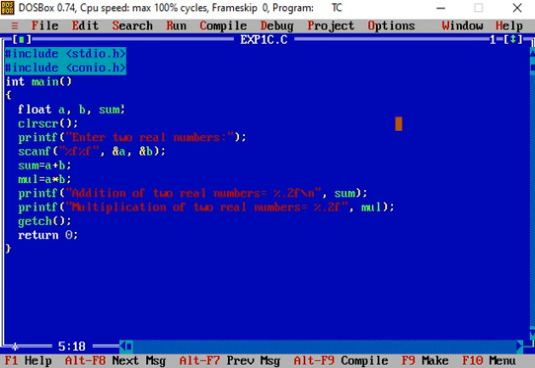Suppose here we are not declaring the variable mul, because here we are using mul equal to a star b to store the multiplication of two real numbers. And if this variable is not declared before using it, then we compile this one.